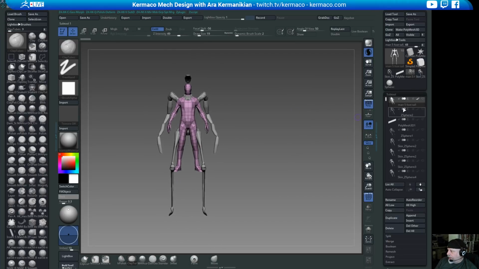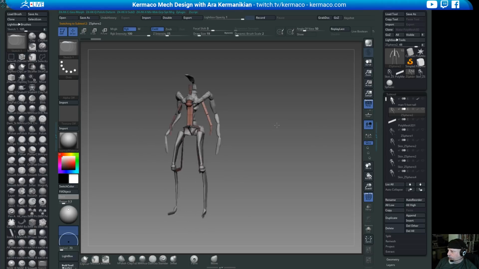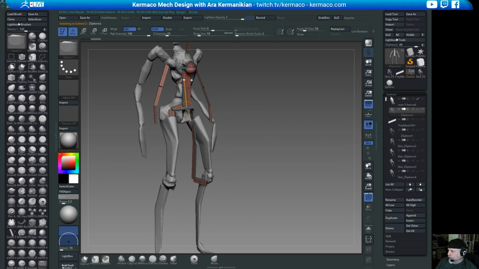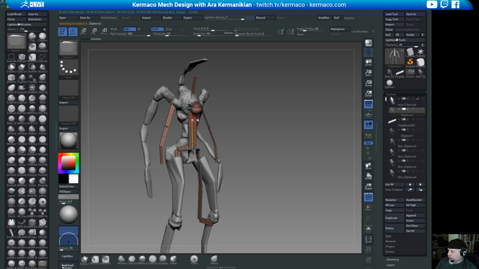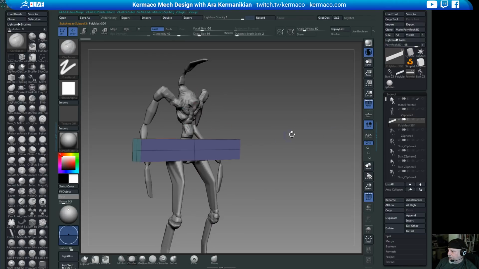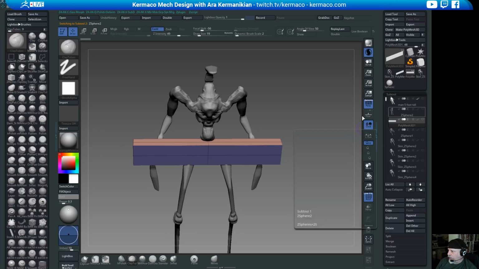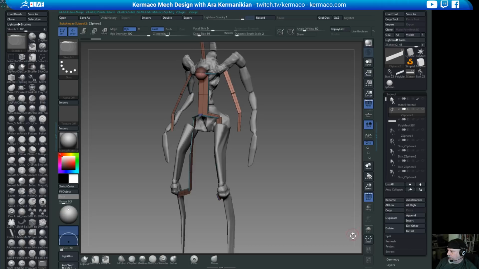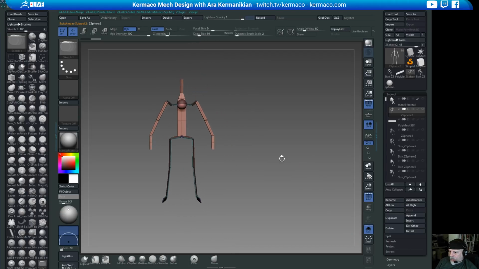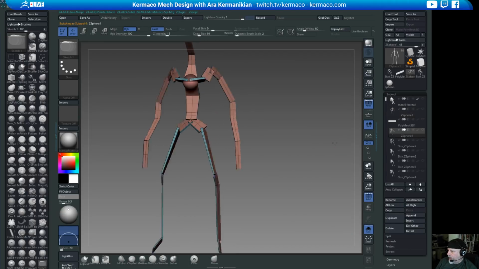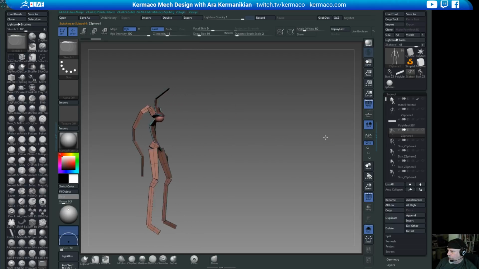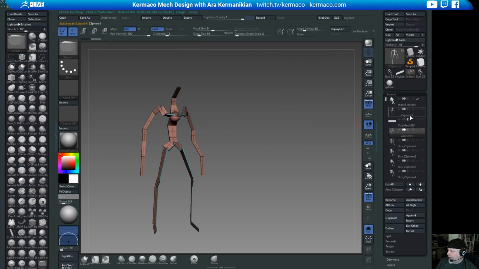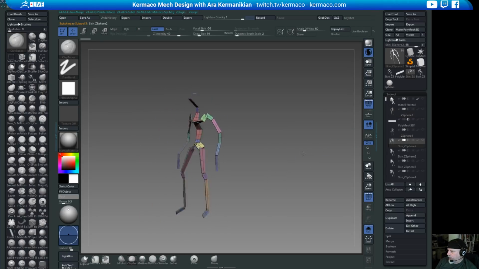So we start out with the guy like this, and then we basically started a ZSphere rig. With the ZSphere rig, we used a piece like this as the connector for the ZSpheres and came up with a quick ZSphere character that looks like that, right? And then after that, we gave it a bit of a gesture. So we went from a really stick figure looking thing like this to something with more gesture that looks like that. And then we took that ZSphere rig and made an adaptive skin out of it,